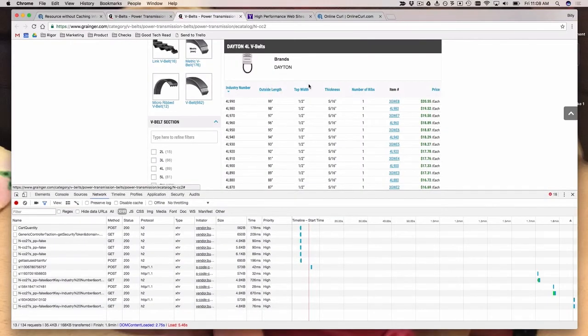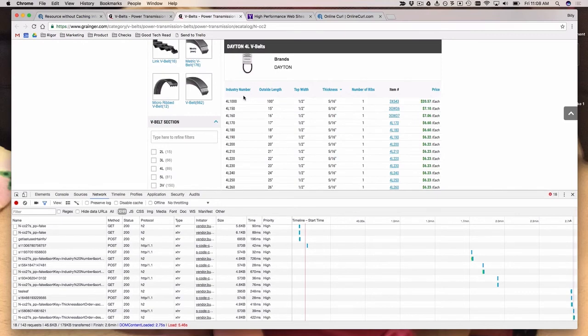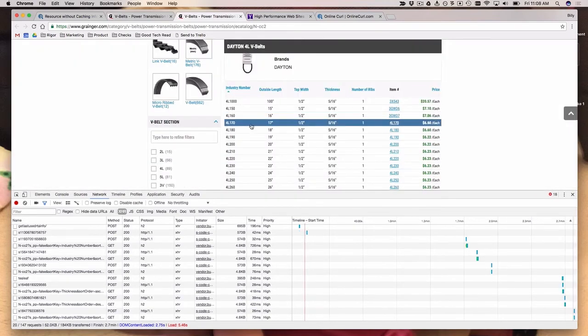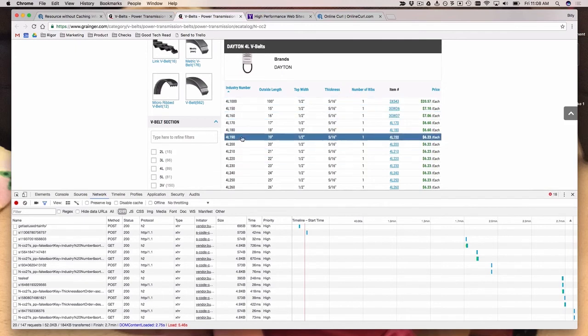but that's silly because if I'm interacting with this page and I'm sorting by thickness of belt back and forth, right? I'm probably going to be toggling these columns back and forth and back and forth. And at least at the JavaScript layer, they could be caching these objects, but might as well just leverage HTTP and cache at the HTTP level. There's no reason not to do this. It's actually pretty easy to do. It's just a matter of